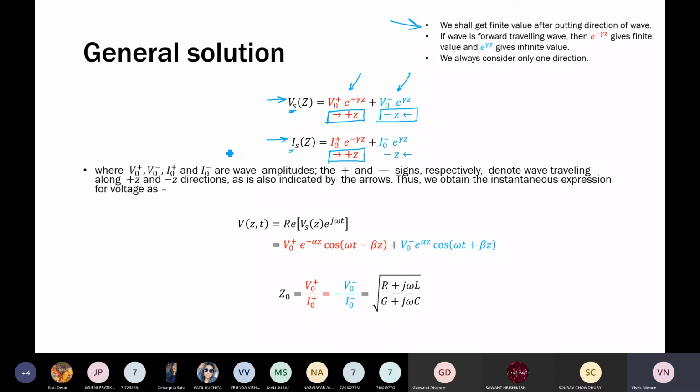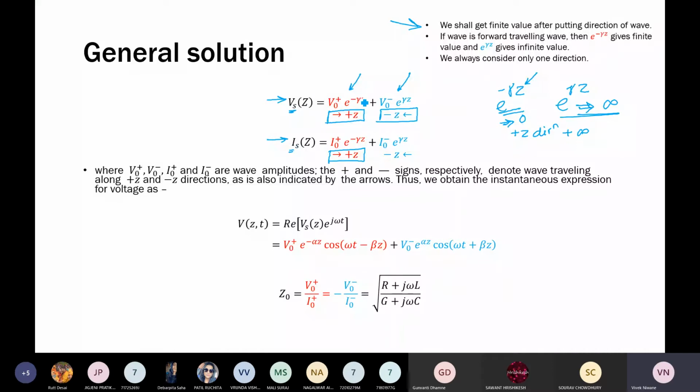Whenever we are considering the wave traveling in the positive z direction, if we put positive z, that is the plus infinity value in this expression, we will get a value equal to 0, which is still a finite value. But what if we put z equal to infinity over here? We will get an infinite value, and this is not a matter of mathematics. We must get a finite value for the voltage and currents. Let it be 0, no worries.